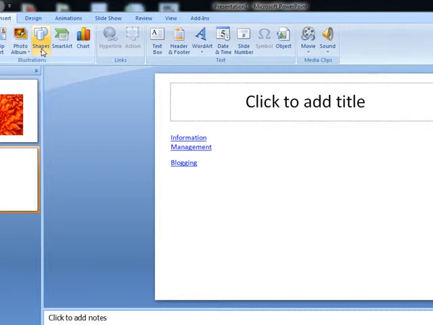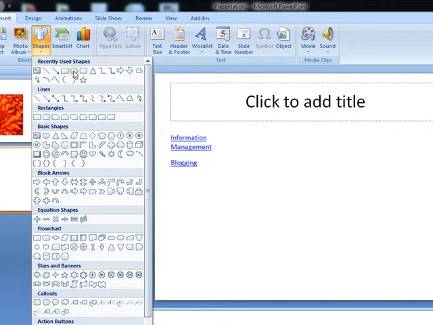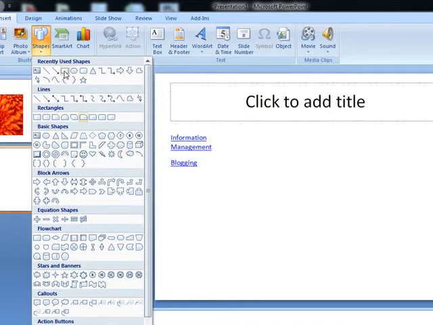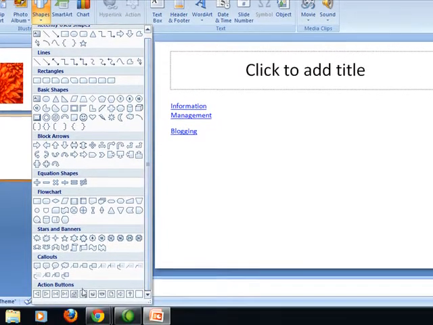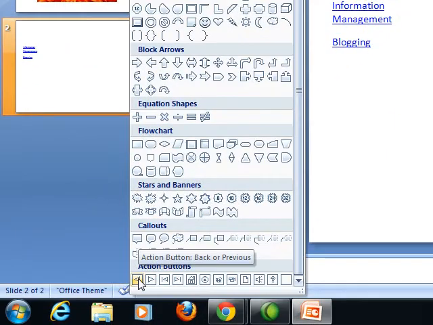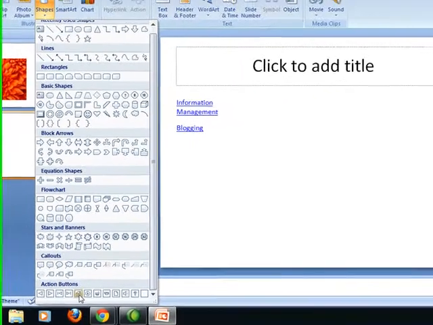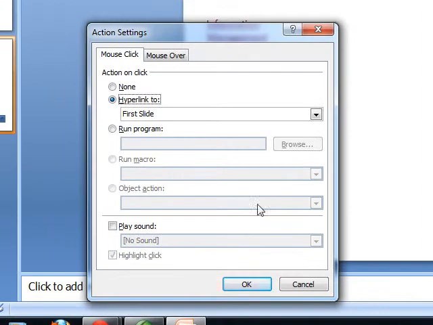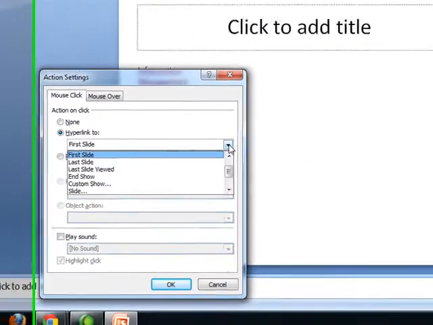If you want to insert shapes like text box, smiley, or the square, or the oval square, or the action buttons. Action buttons are those buttons which, when you click them, will jump onto that particular action. For example, if you take this button and you place it here, this belongs to the first slide, that is home page. You can give it another direction also.